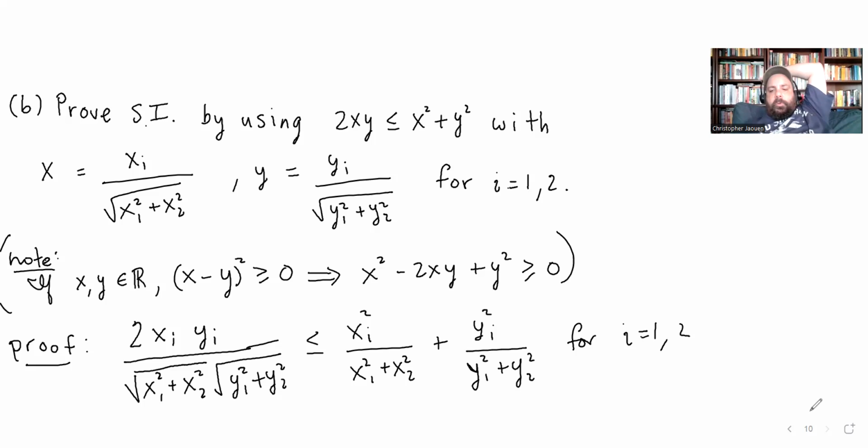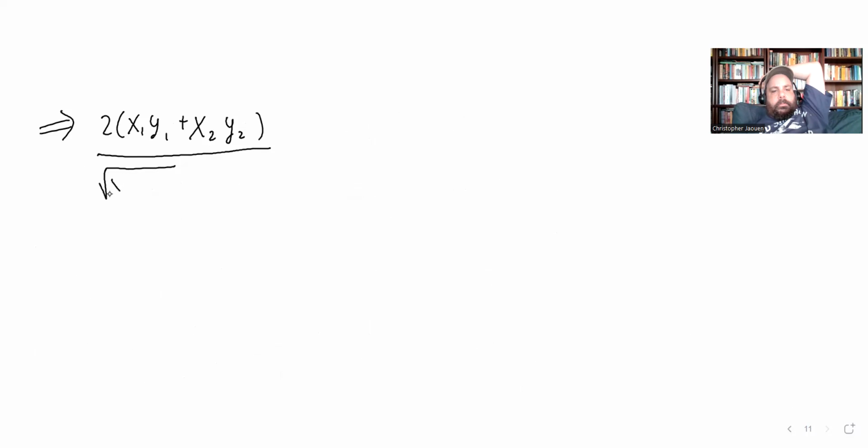And if I add the two things together, then we get 2 times x1 y1 plus x2 y2 over the square root of x1 squared plus x2 squared times the square root of y1 squared plus y2 squared